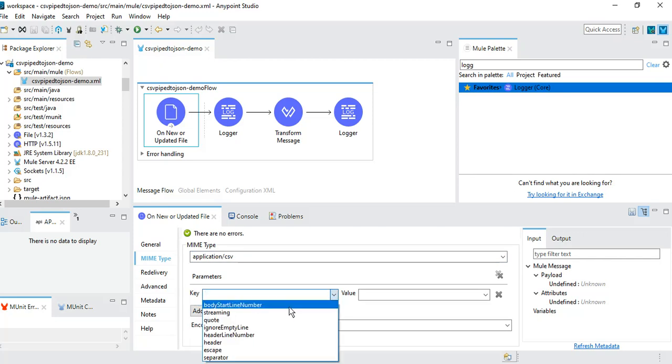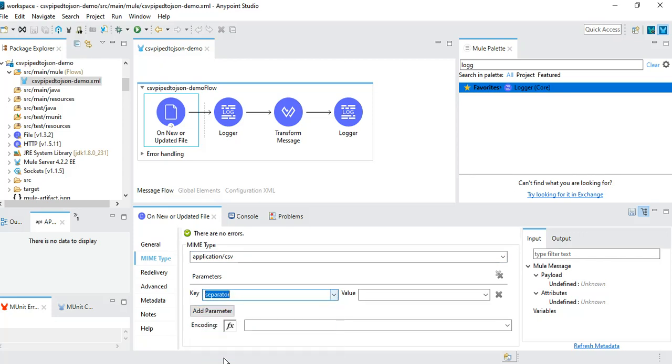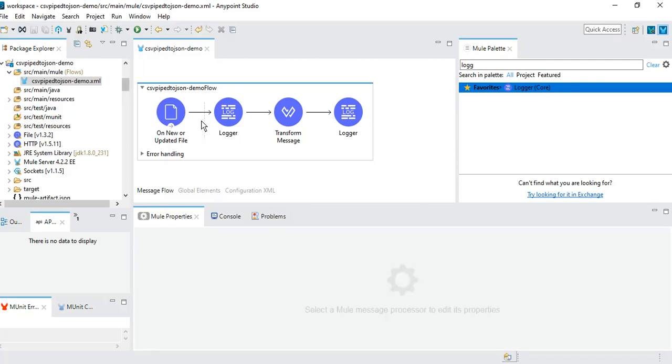Key, what is the key? Separator is the key. And value, by default it will be comma. I don't want comma, I want pipe. So I will delete this and I will have pipe. This is the pipe separator I do have. So that's great. Let me save this. This is the first different thing you are doing with the file poller.